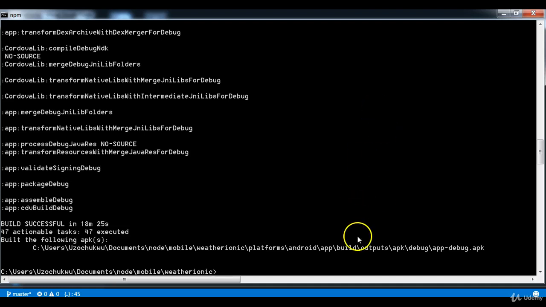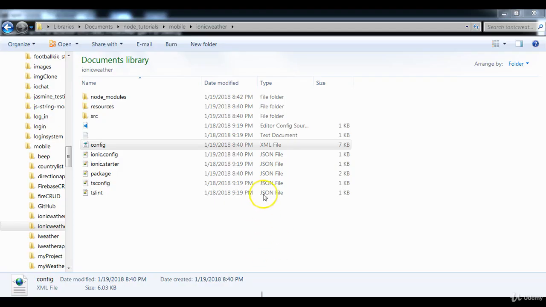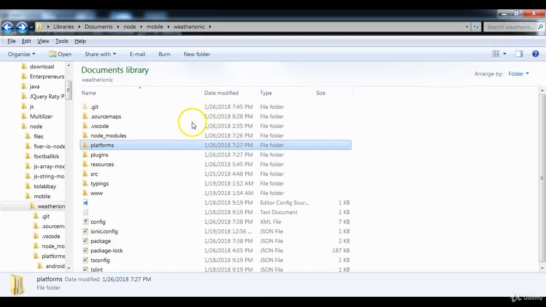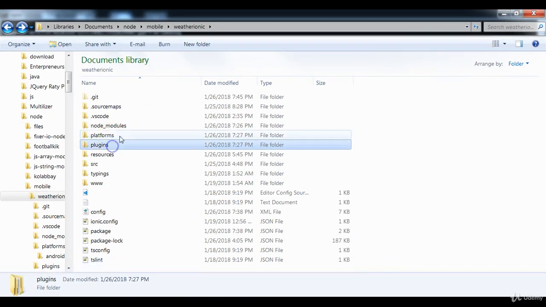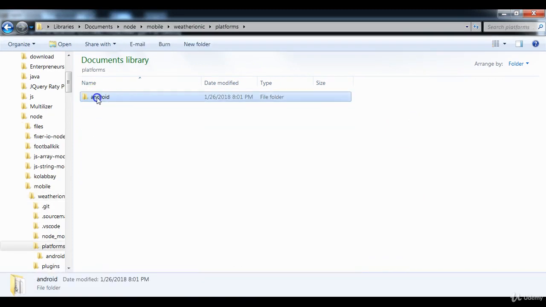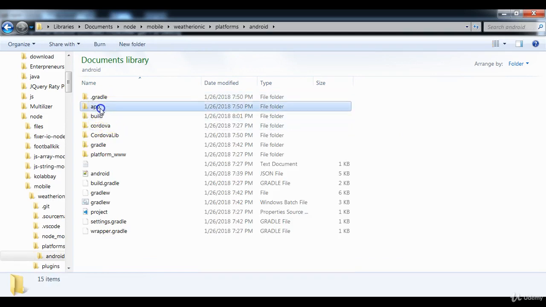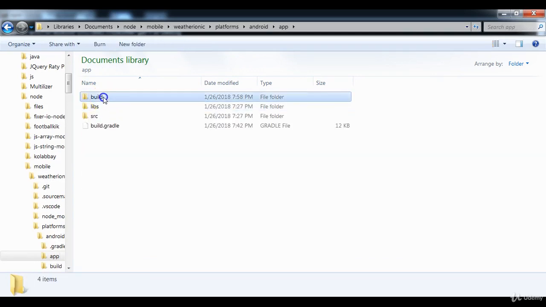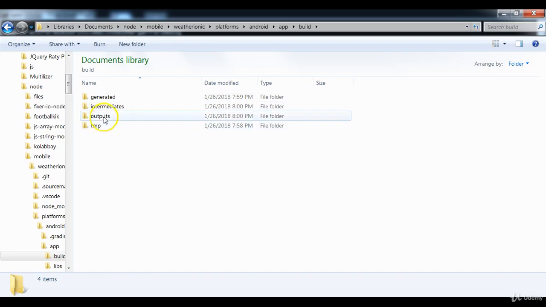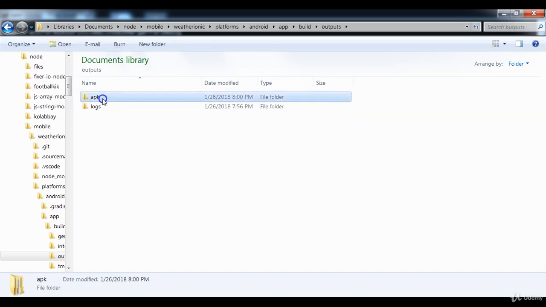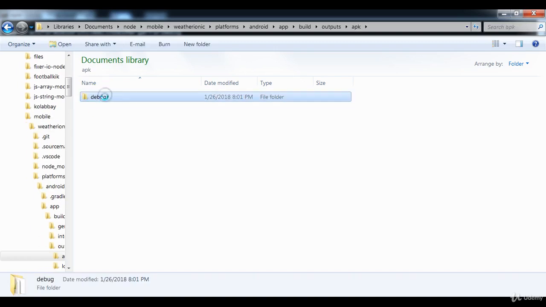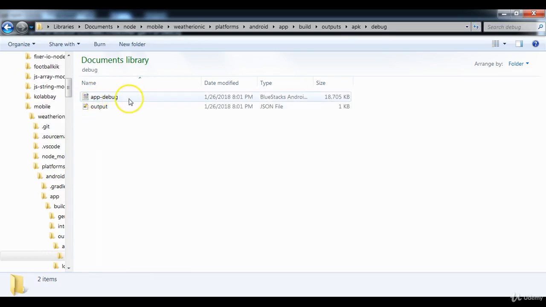So what I'm going to do is I'll open up the folder that contains my app. So right here, right now I'm inside my project folder. You can see a platforms folder has been created. So I'll go into the platforms folder, then android, app, build, outputs, apk, debug, and then you can find the